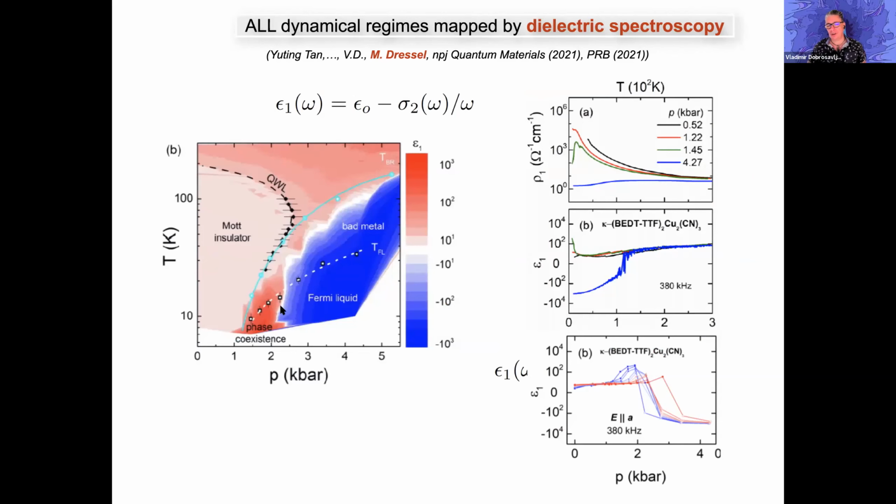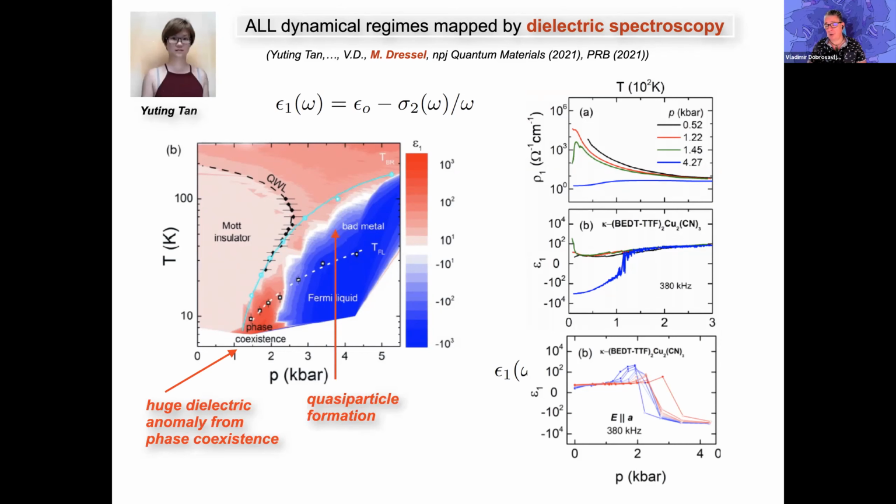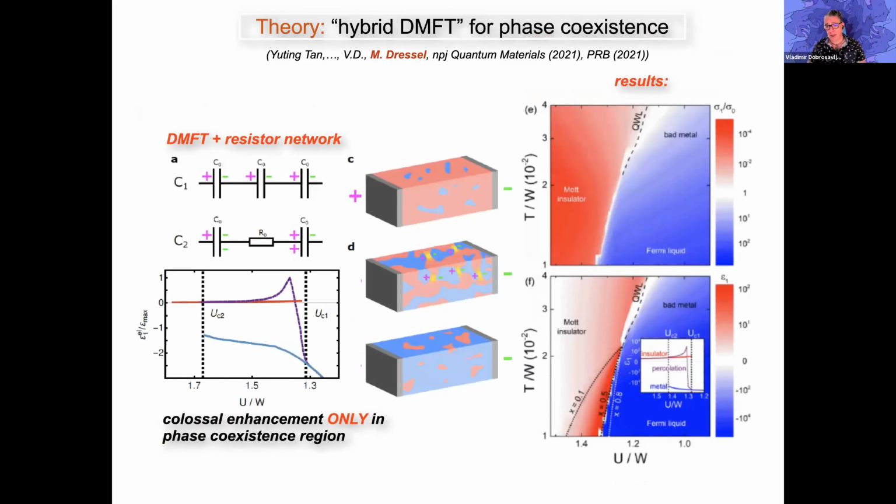What's really interesting here is that the boundary of this region is extremely sharp. This is exactly what we expect when disorder is weak. It will have a significant effect only in the coexistence region, and some weak effects very close to it on the metallic side, but most of the phase diagram is really not affected. This is a characteristic of these Mott organics, where the disorder is very weak. These are very high quality crystals. There is very weak disorder, but nevertheless, the coexistence region displays these gigantic inhomogeneities and the resulting colossal response.